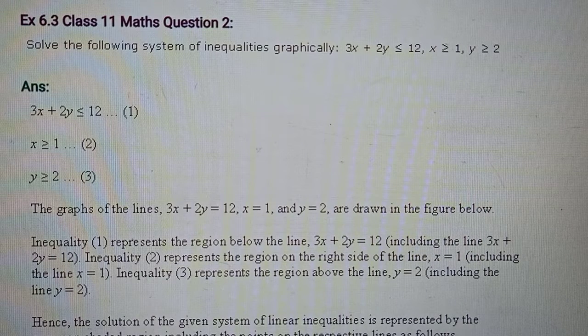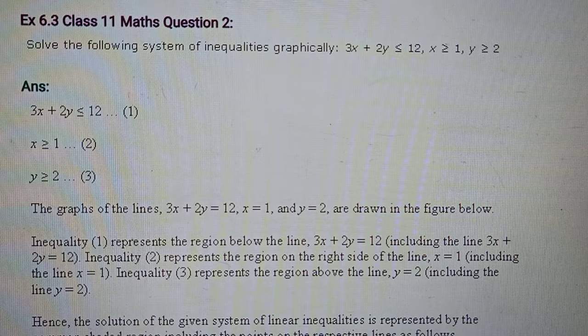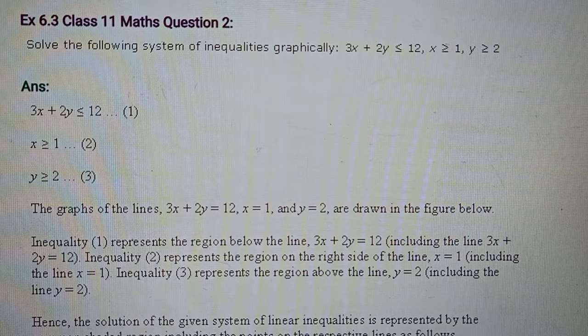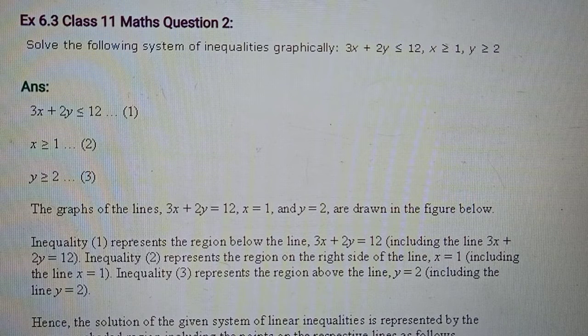Children, I will discuss a few questions from exercise 6.3, solving the system of inequalities graphically. When we have linear inequalities in two variables, the way we find its solution is graphically. That we have seen in earlier exercises also. Now I'll just take a few questions from here which are required to clear your concept or whatever details I need to highlight. The rest, on the same lines, you will try to solve, and then report whatever problems you come across.